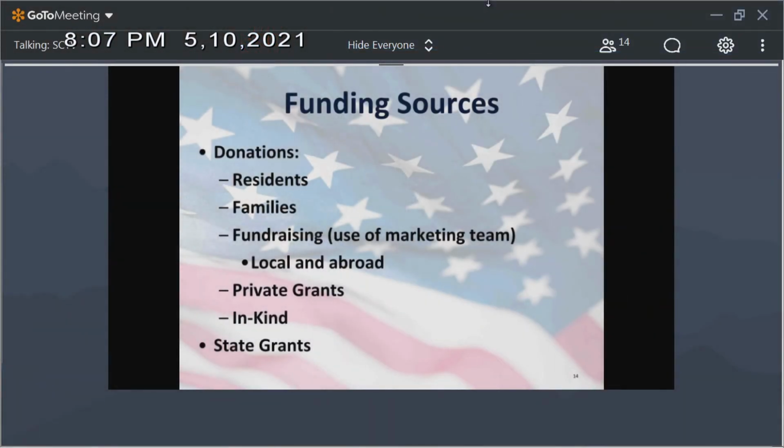So funding sources. We've talked quite a bit with the Veterans Council about how we would go about doing this. And one thing, because it was our idea and a lot of veterans had partaken, we went from 3 veterans showing up to the meetings to 20 every month. So what we came up with was